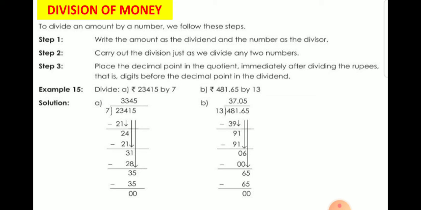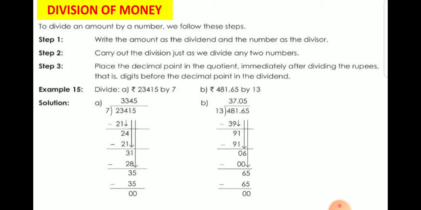Now we will find the multiple of 7, which should be either 23 or less than 23. So we know 7 3s are 21. We will write 3 as quotient and 21 will be subtracted from 23. Now we will get 2 as our remainder. Now we will bring down the next digit, that is 4, below. Again we will see which multiple of 7 should be either equal to 24 or less than 24.